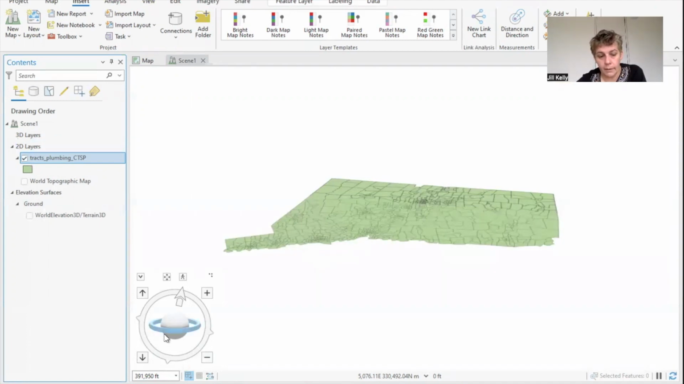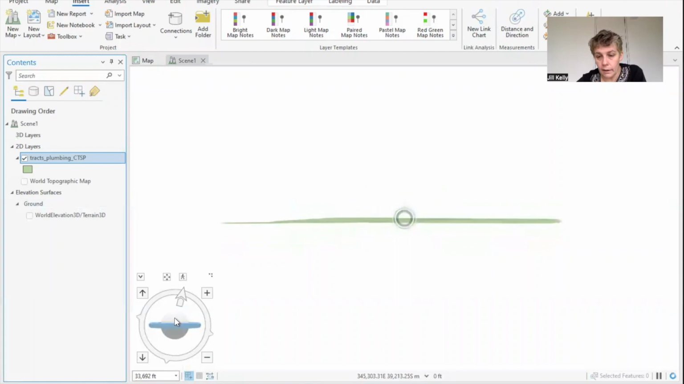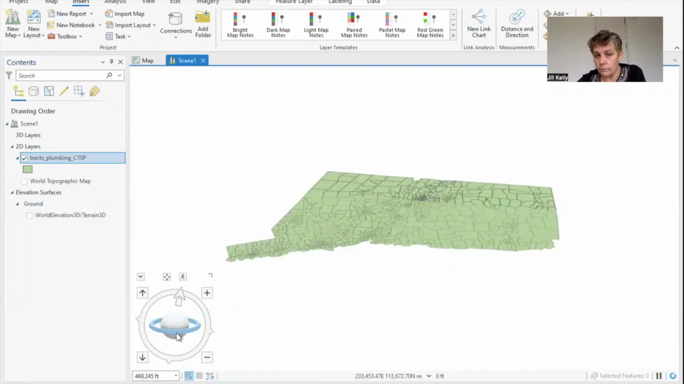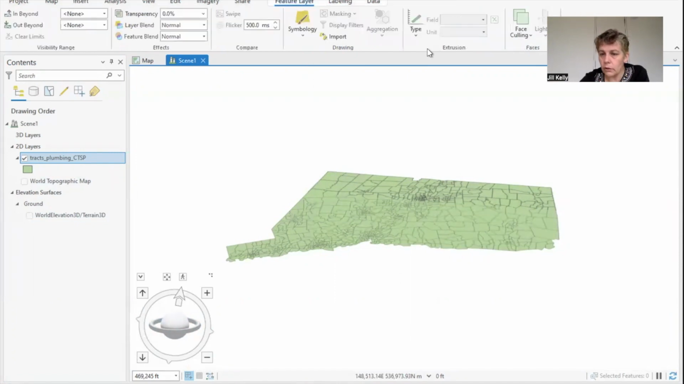And right now, Connecticut is flat. It looks completely flat because we haven't told it what elevations to use. For vector data, as I said at the beginning, the name of the process of putting this in 3D is extrusion, E-X-T-R-U-S-I-O-N. And in the feature layer, if you've highlighted the layer in the table of contents, and you go to the feature layer menu,